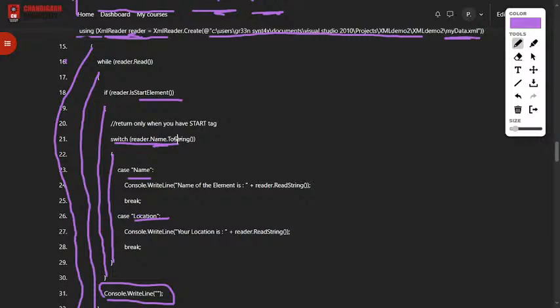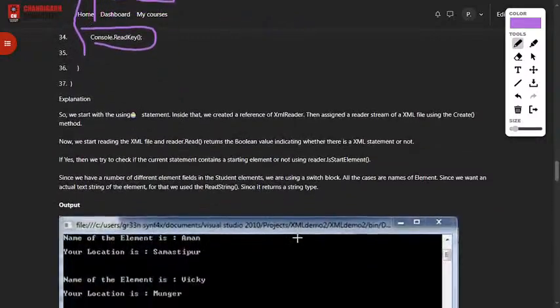एज अ स्विच केस रीडर डॉट नेम डॉट टू स्ट्रिंग, हम उसको स्ट्रिंग में कन्वर्ट कर रहे हैं। अगर मेरा केस नेम आता है देन हम उसको नेम एलिमेंट, नेम ऑफ द एलिमेंट, उसको रीड कर लेंगे। उसको फिर हम रीडर डॉट रीड स्ट्रिंग करेंगे। लोकेशन के टाइम पे हम रीडर डॉट रीड स्ट्रिंग करेंगे, दैट्स इट। और इसके बेसिस पे हमने यहाँ पे पूरा